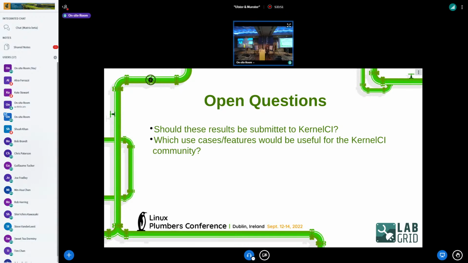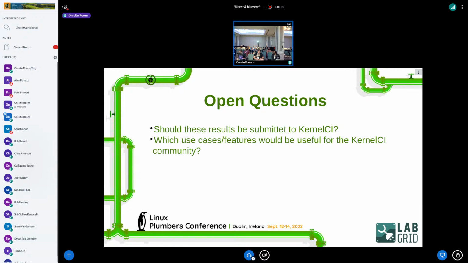Yeah, that's a very good question. The issue with submitting results for boards that are not available to the public is that if someone sees the results that something is failing, only you would be able to fix it, for example. So it's not very useful in that sense, or it's a bit misleading, or it's complicating things. So, however, it's possible to